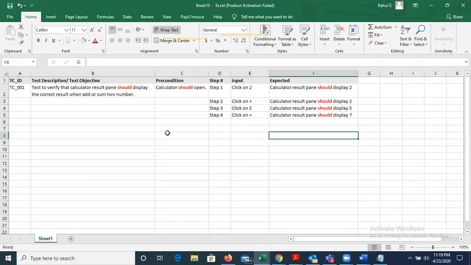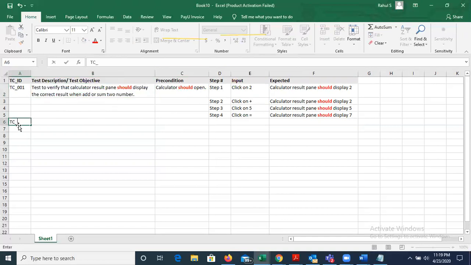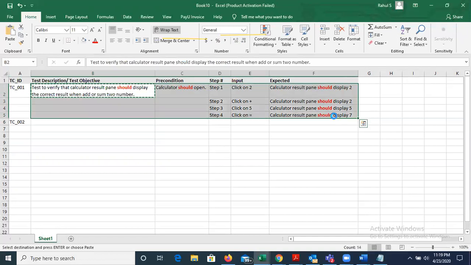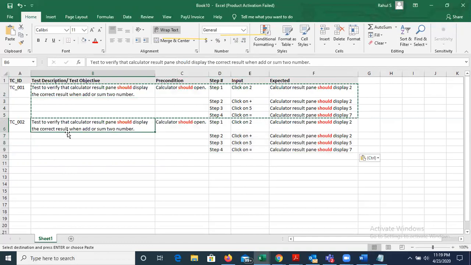The second thumb rule for designing a test case: no two descriptions can be the same. Let's say I want to add two numbers again, so I give a unique description. Let me copy this, and I want to add two numbers.